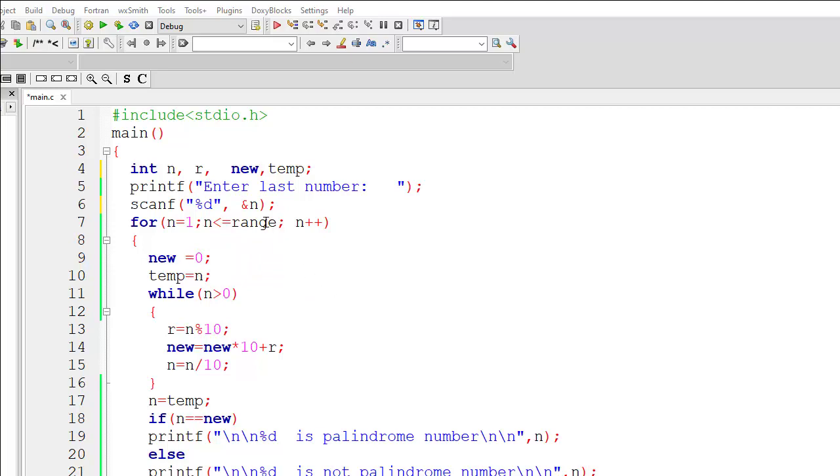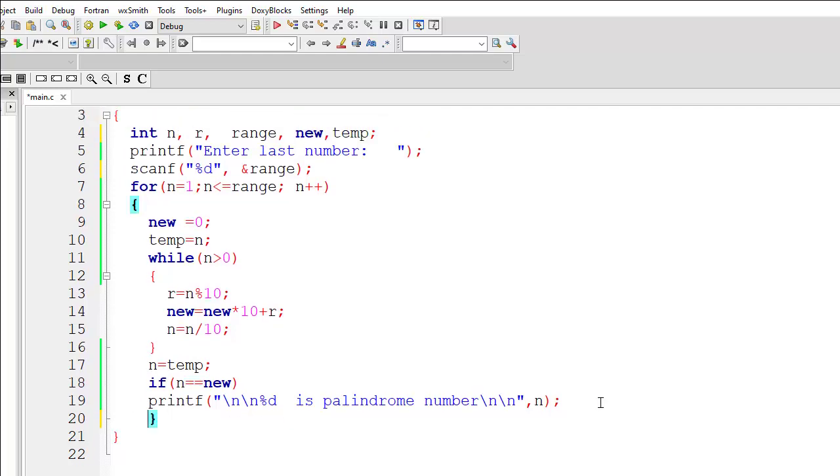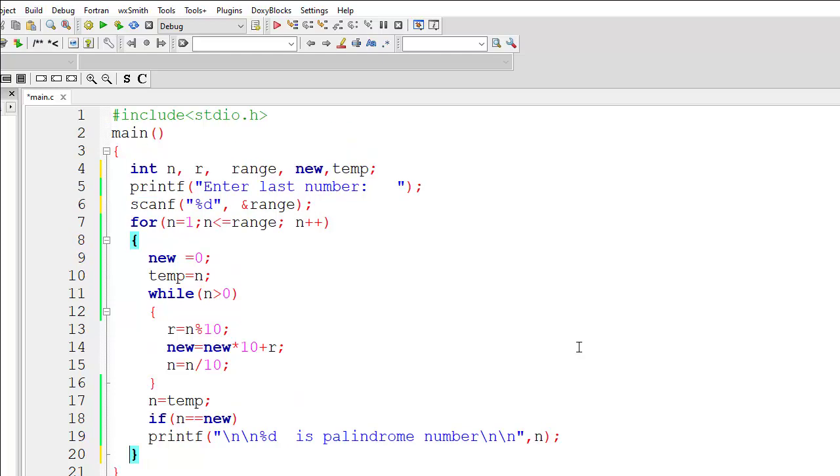As I have used the variable range, so this one will be range, and I must specify the data type of range variable. Say it is integer type data, and it is better to delete this else part because I want to get only the palindrome numbers. Probably the program is okay. Now checking whether it is working or not.